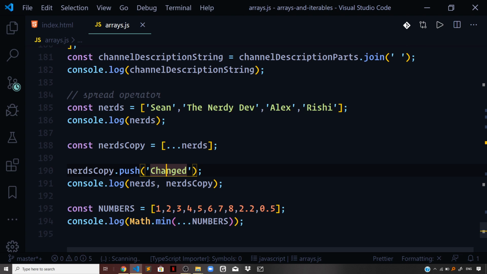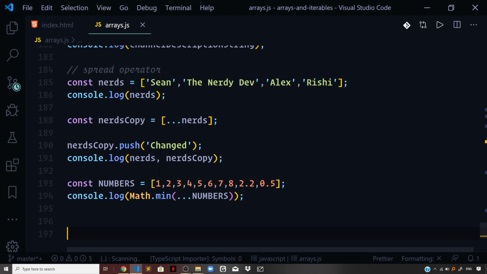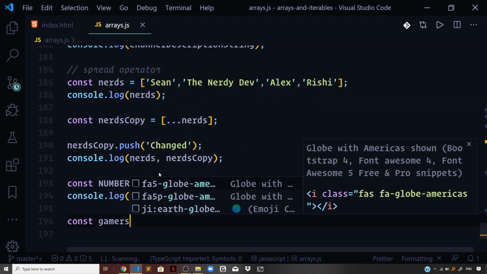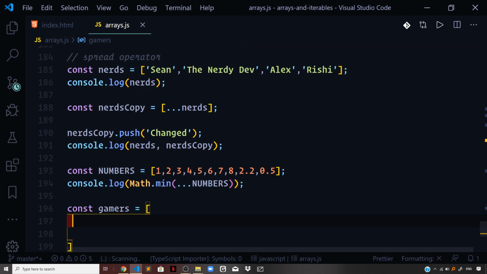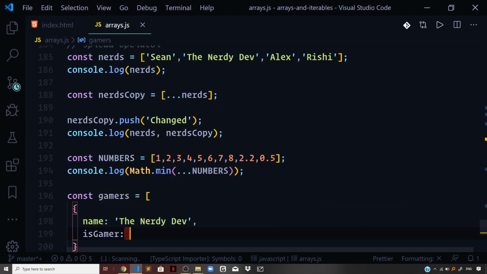Now one gotcha is there in case of the spread operator when you work with objects, and that is indeed a downside to using the spread operator for an array of objects. What I will now do is create an array of gamers. So I will say const gamers, and I will define an array of games. So I will define some objects here. I will say name the nerdy dev and is gamer true,